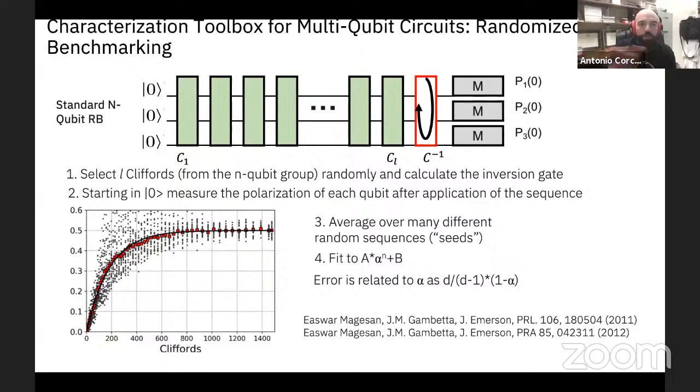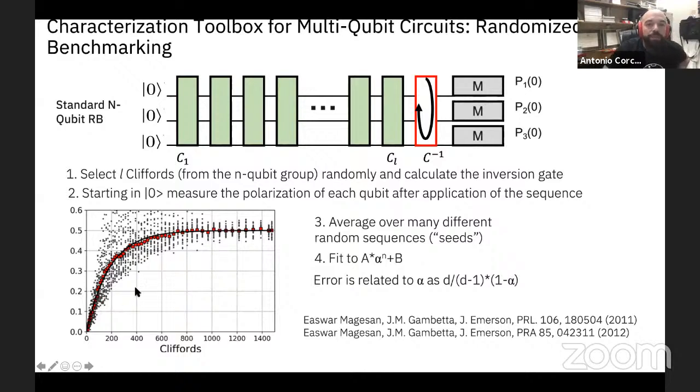So the way we run this is we take an n-qubit system and we run all these gates in green here, each of which is an n-qubit Clifford, and then at the end we run a gate that is the inverse of all the previous gates, so that if you run this whole circuit, you will be trying to implement the identity gate, and then you measure. Once you measure, you will observe a decay on each qubit. This is the probability of the qubit being at 1, and then it will decay to 0.5 as the noise makes each of the sequences